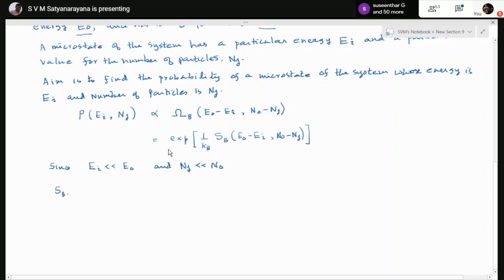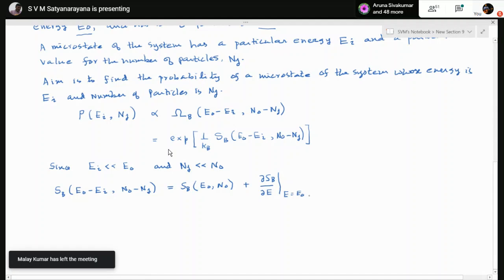I can write S_B of E0 minus Ei, N0 minus Nj, expanded around E0 and N0, which will be given by S_B of E0, N0 plus the partial derivative of S_B with respect to E evaluated at E equal to E0 and N equal to N0, into minus Ei